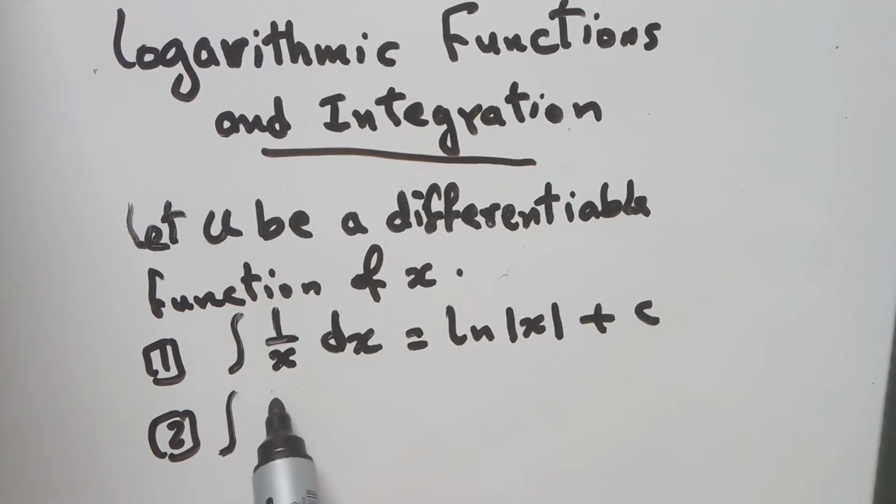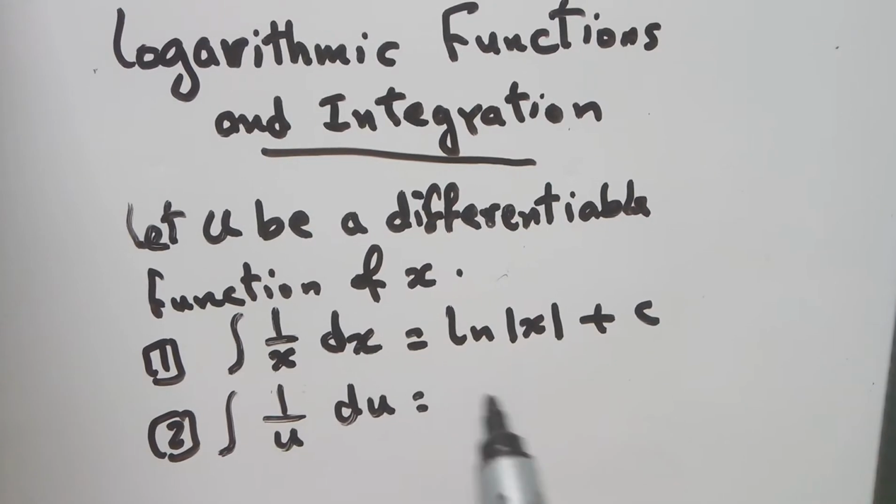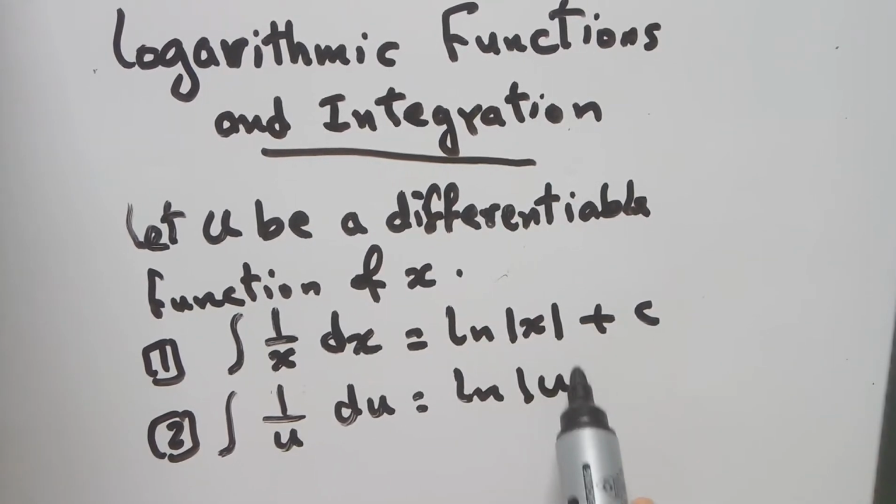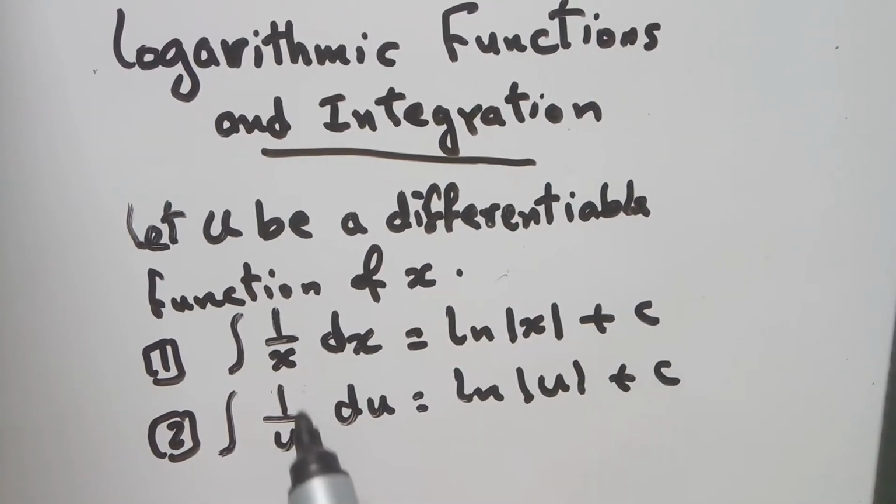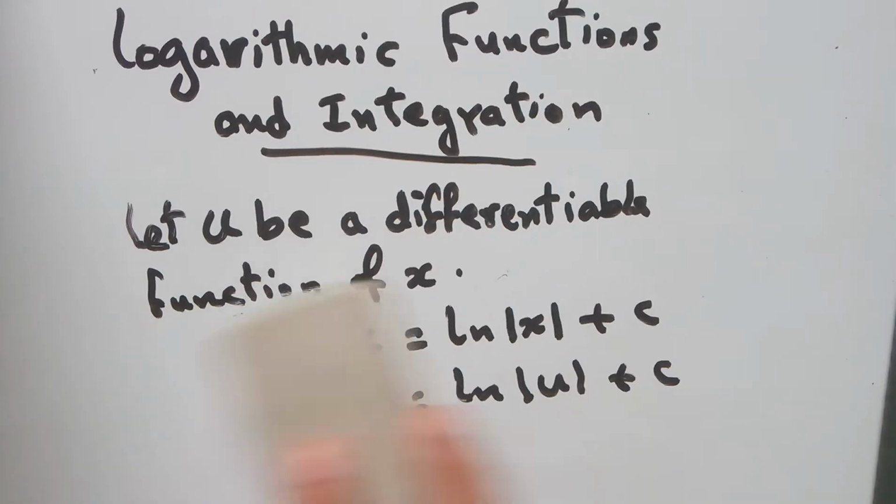In the same way, the integration of 1 over u with respect to u is ln absolute value of u plus c. Here, look, the derivative of x with respect to x is 1. The derivative of u with respect to u is 1. Which means if you have any fractional form